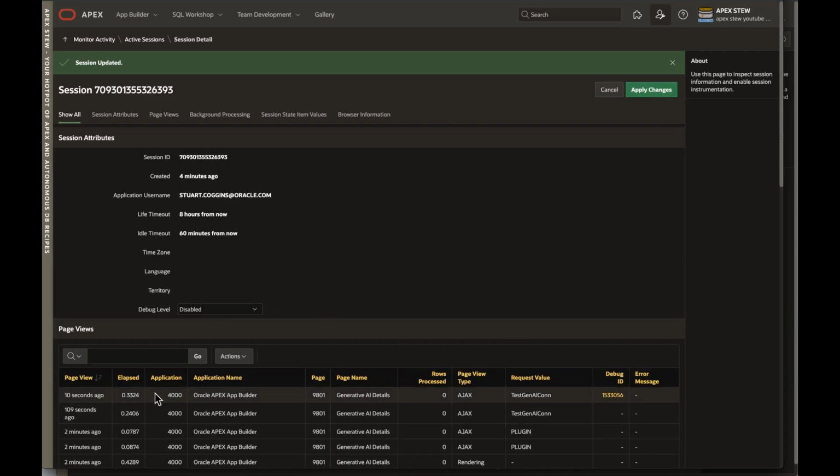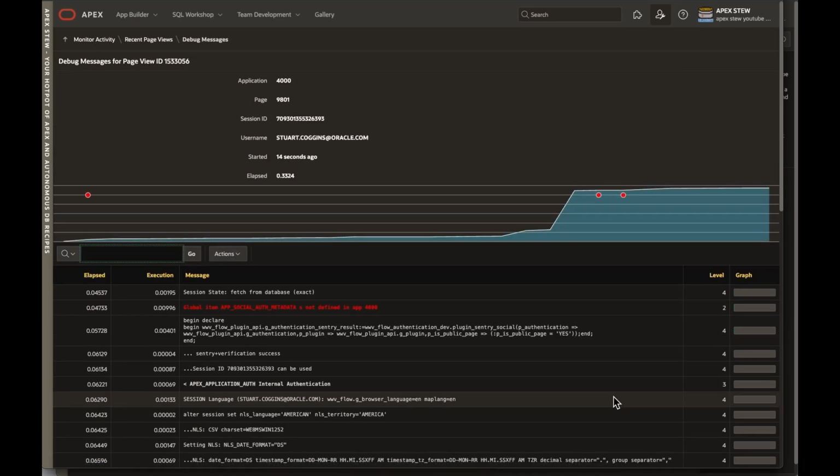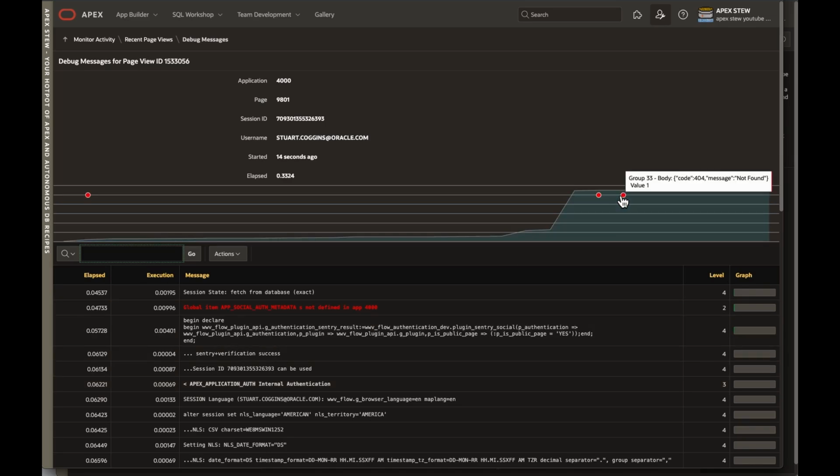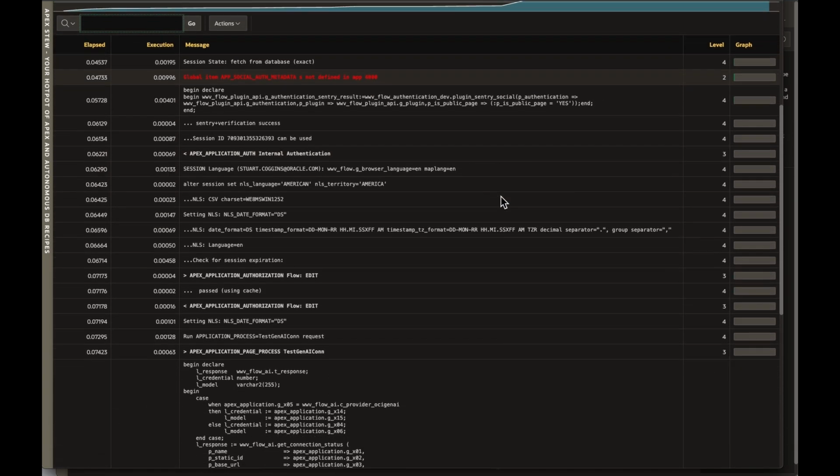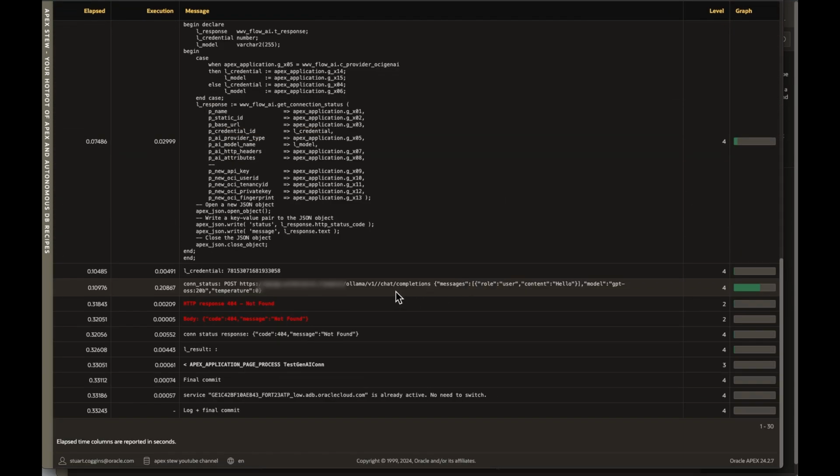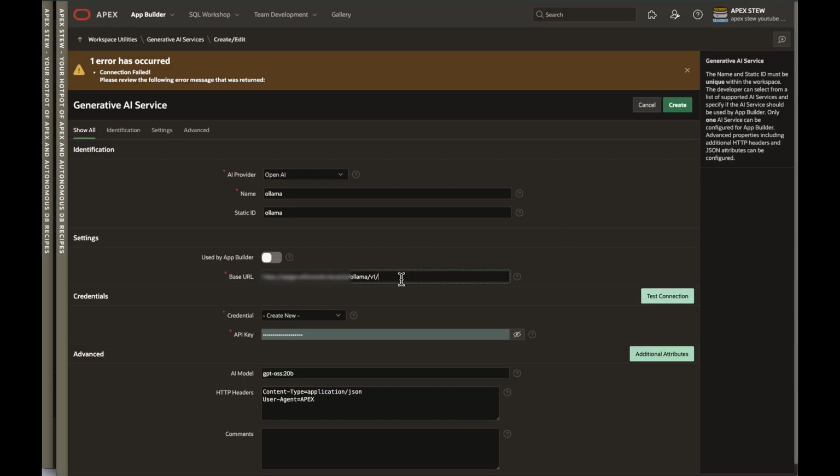There we go. And now I've got a debug ID. I can click on that and instantly I'll be able to see those red dots that tell me there's an error. So if I then scroll down to where the errors are, I might have some more interesting messages here. But instantly I can now look at what it's trying to do and see that I've got 2 slashes in there. So if I flick back to my session, get rid of the slash, click test,